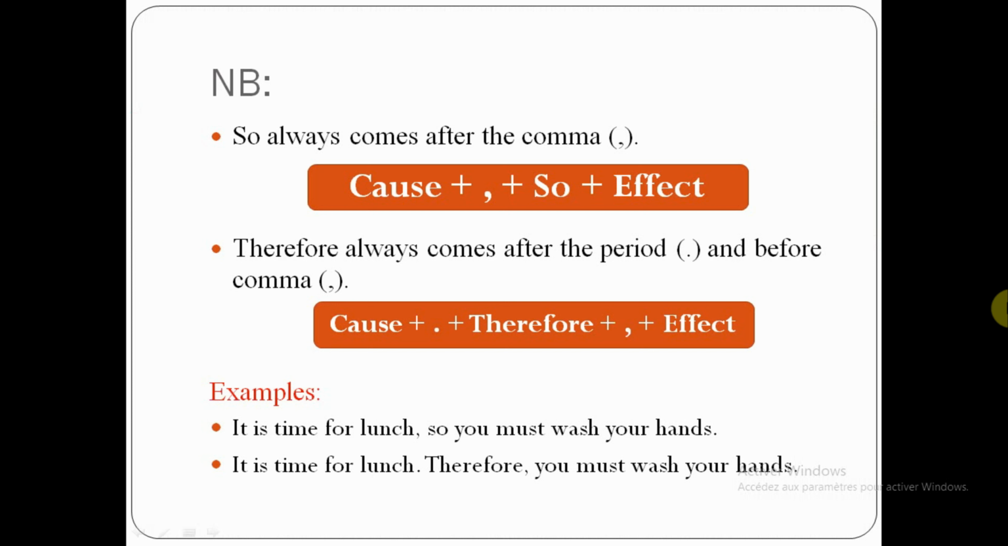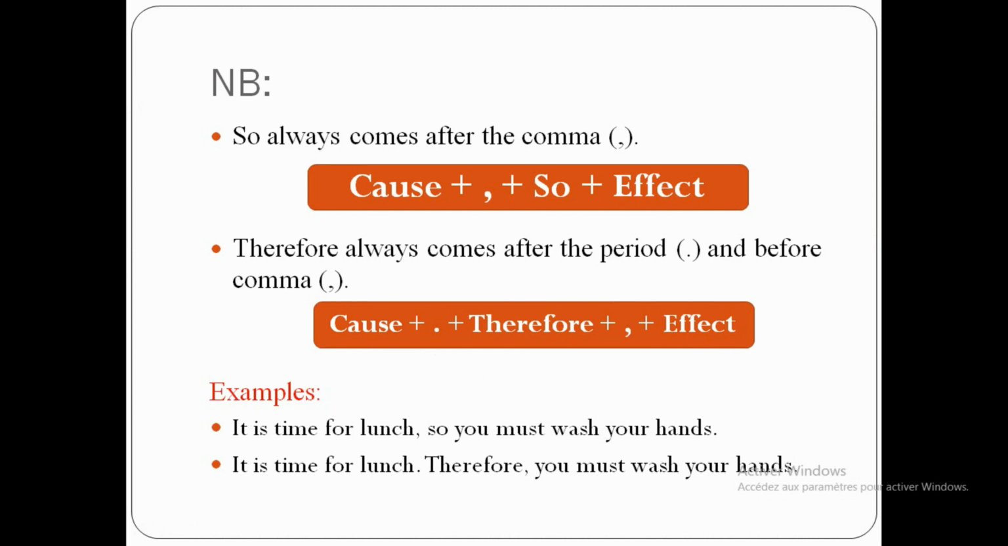Notez bien. So always comes after the comma. Okay, so always comes after the comma قبل الفاصلة، وما عندها والو موراها، عندها directly the effect. Okay, the cause plus comma plus so plus effect. And therefore is always after the period and before the comma. يعني اللي احنا عندنا therefore كما راكم تشوفوا لهنايا راهي after the period and before the comma. Have you understood؟ عندنا الكوز، عندنا period اللي هي النقطة، عندنا therefore plus the comma plus the effect. Okay,